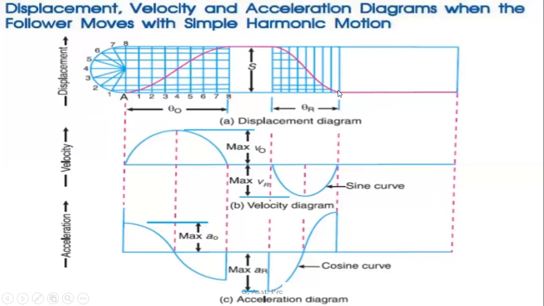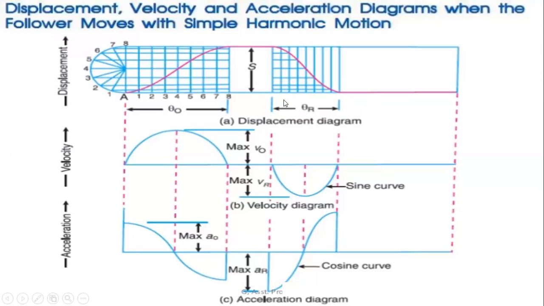The procedure we took in the outstroke is the same in the return stroke. Based on the angle given, a length is obtained. Suppose we take 45 degrees. So the retardation angle is 45 degrees. So we have to take 4.5 centimeters, because our scaling is 1 centimeter is equal to 10 degrees. Therefore it is taken as 4.5 centimeters. We have to divide the 4.5 centimeters into 6 equal parts.